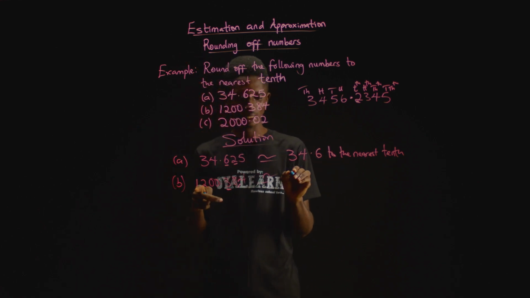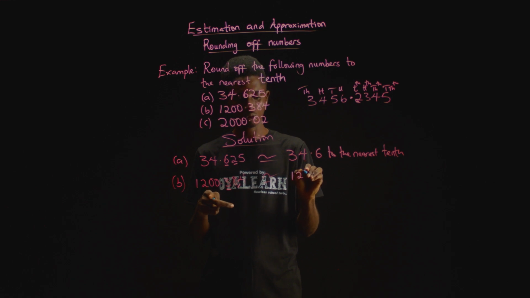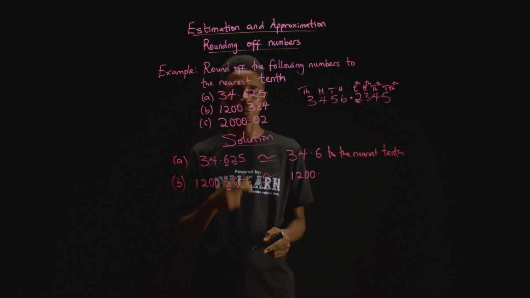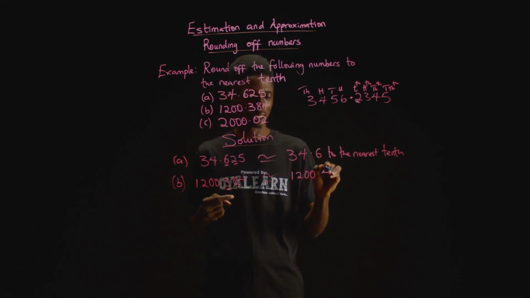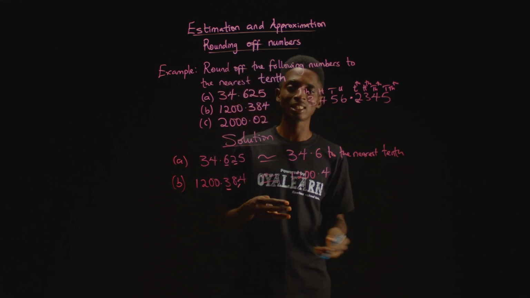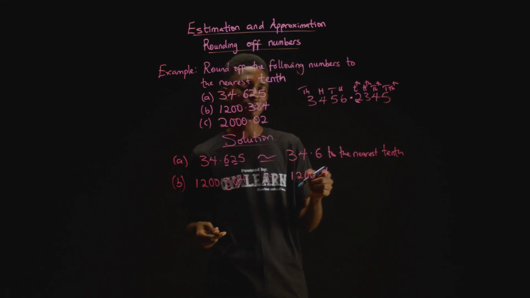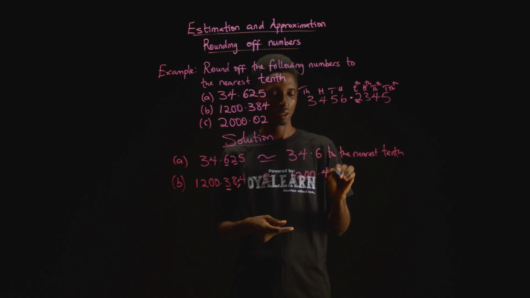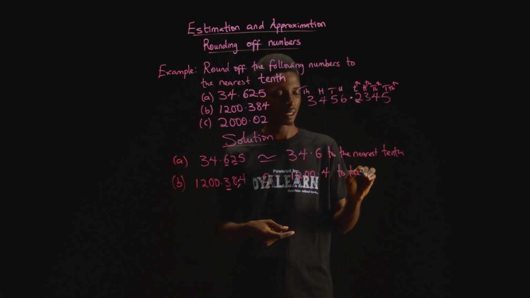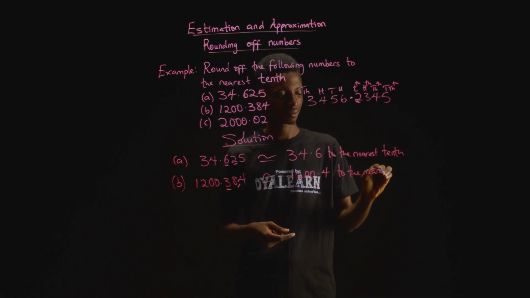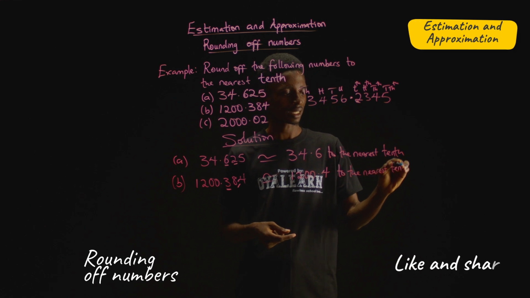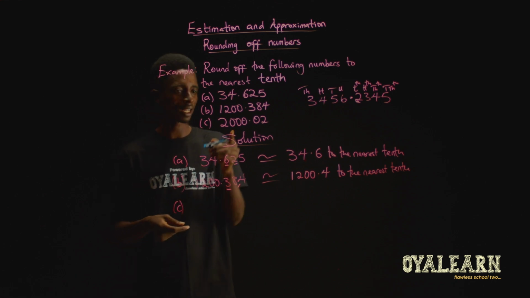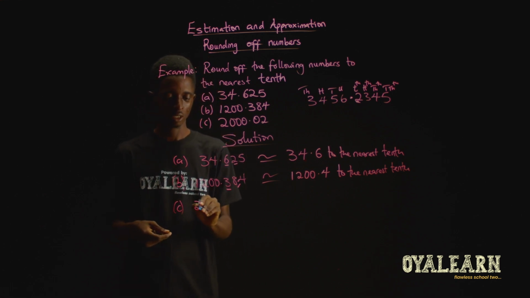So what we have is 1, 2, 0, 0 point. Now instead of 3, I round it up and add 1 to that, so we get 4. Now every other digit becomes 0, and because it is after the decimal point, we are not required to write it out. So this is 1200.4 to the nearest tenth. And then the third and final in this question is